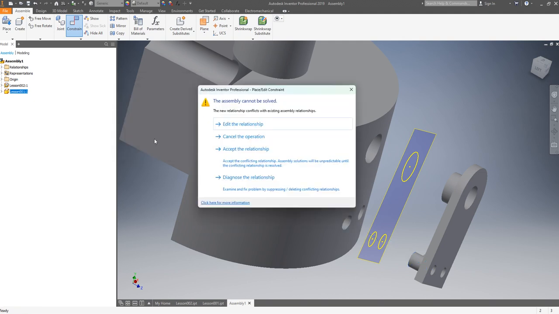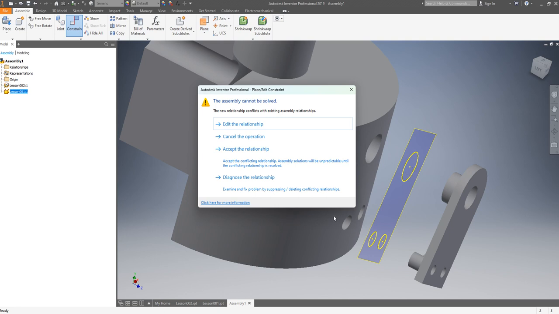Boom. Error. Why? The new relationship conflicts with existing assembly's relationship. Okay, why? So if this is successful constraint, then I will constrain the part moving up and down. However, this relationship is already being constrained by the previous constraint.